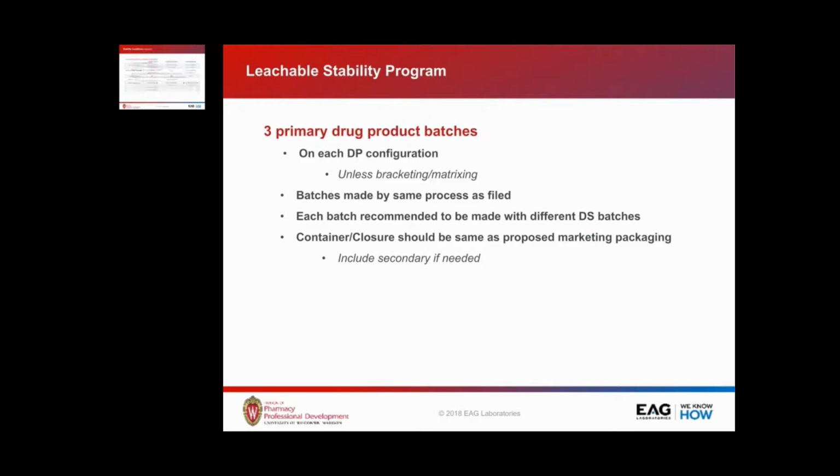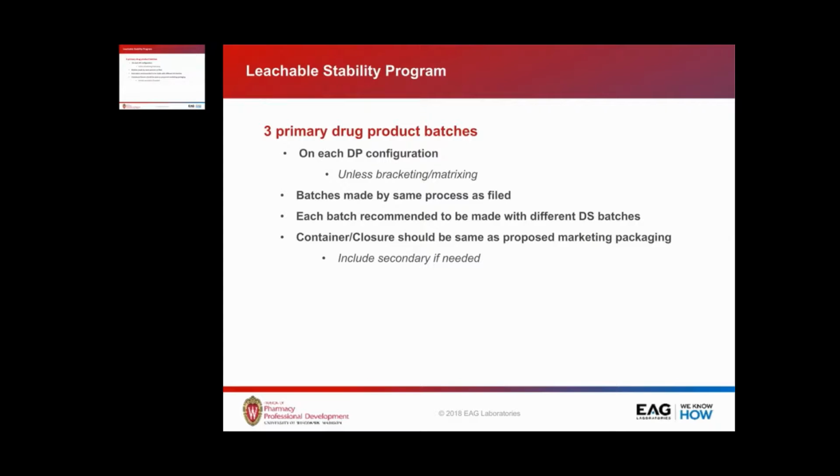3 primary drug product batches on each drug product configuration. So if you have different dosing strengths, you need to evaluate each dosing strength. The caveat here is unless you set up a bracketing or matrixing design, and you can do that in some cases for leachables, if under certain circumstances you're using exactly the same container closure system, and your formulation is similar. I would caution you about using bracketing and matrixing unless you completely understand it, because it can get complicated to justify the